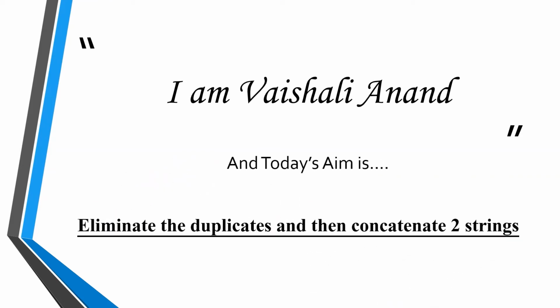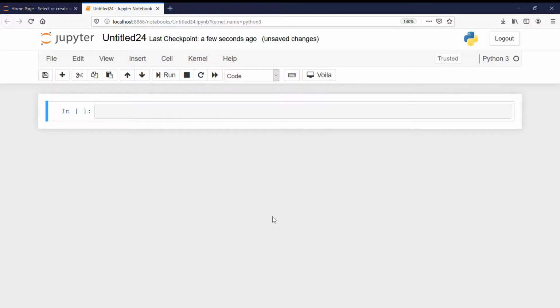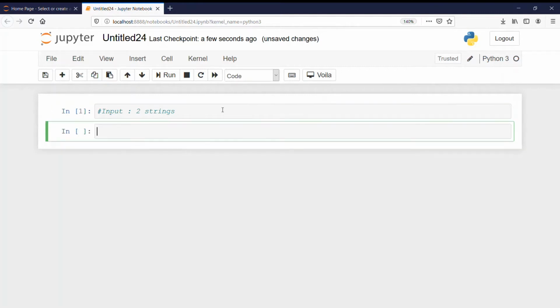Today's aim is to eliminate the duplicates and then concatenate two strings. So let's start our program. But first of all we will see what will be our input and output. Today our input will be two strings. They can be any strings. And what will be our output? As our aim says, our output will be a string